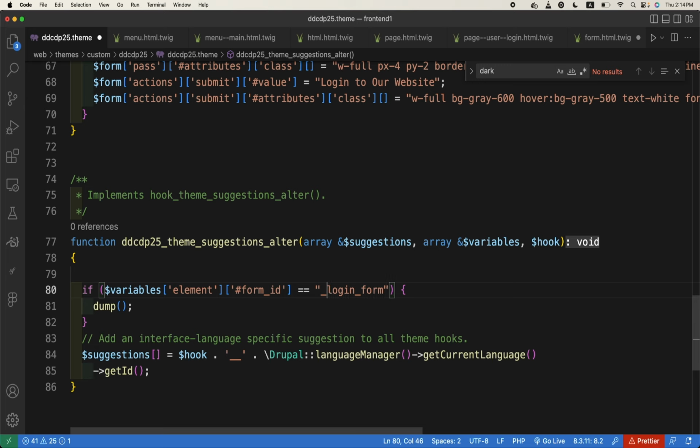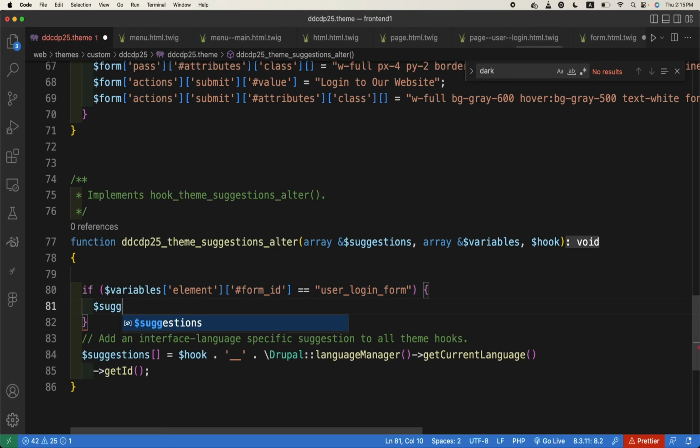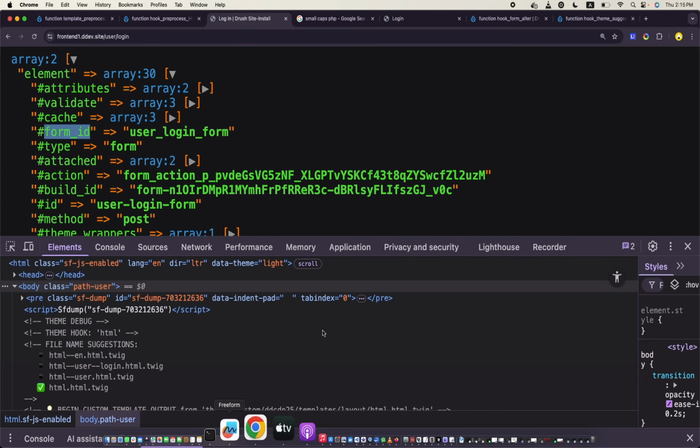User underscore login underscore form. So this is the suggestions array, so we can add it here: $suggestions equals, we can make it anything. So for now, form underscore Drupak underscore login. That's it. So html.twig will be added by itself to the suggestions. Now if we refresh the page